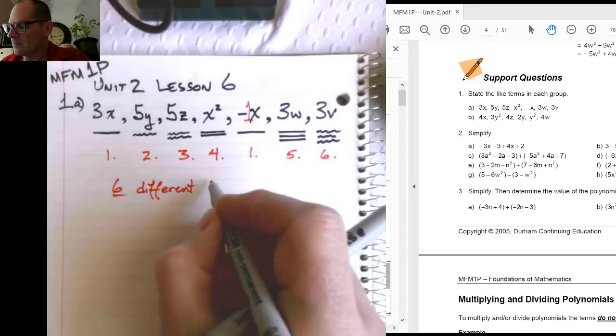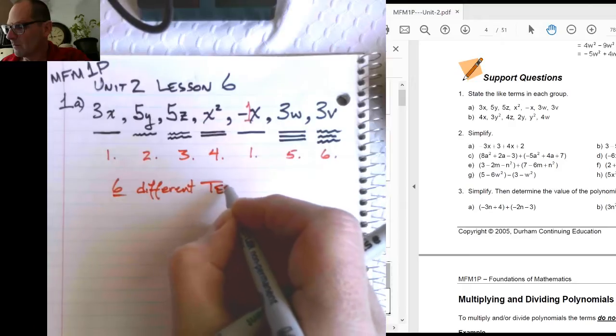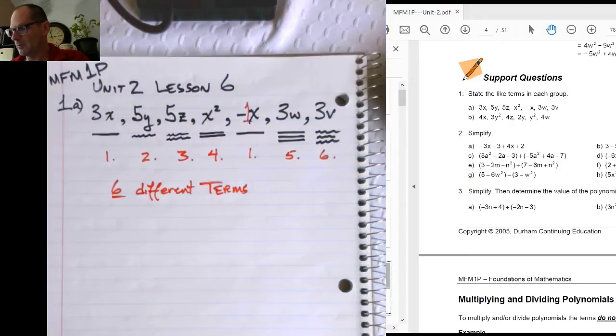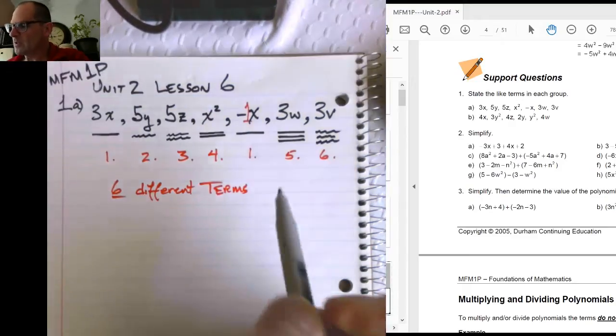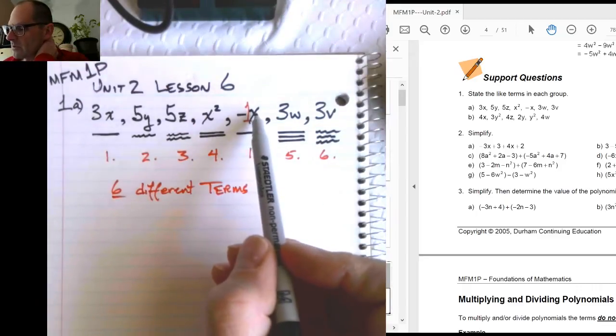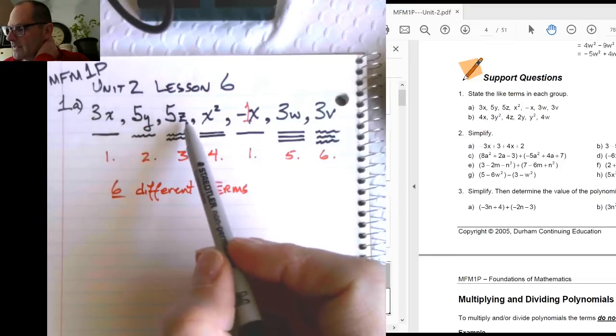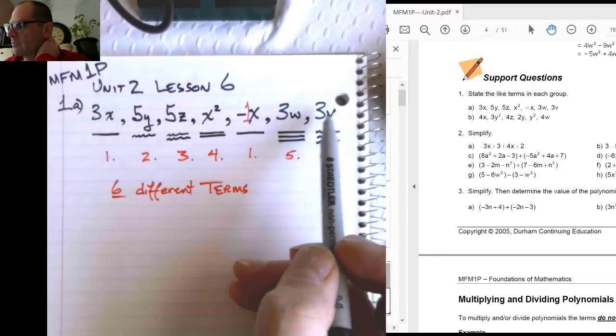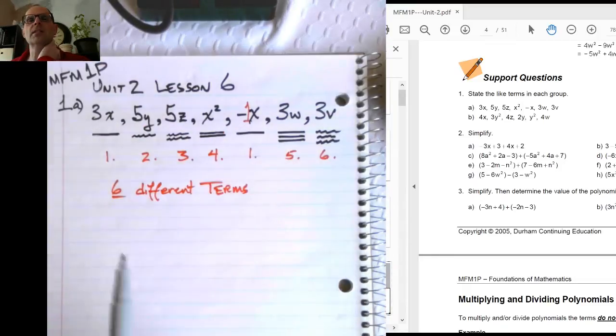6 different terms in this collection here. Okay, we have x squared terms. If we start with the highest order, then we have x terms, y, z, w, and v. So there are 6 different terms in that particular question. And if we look at the next question, b,